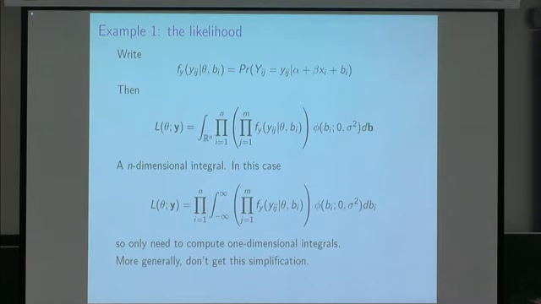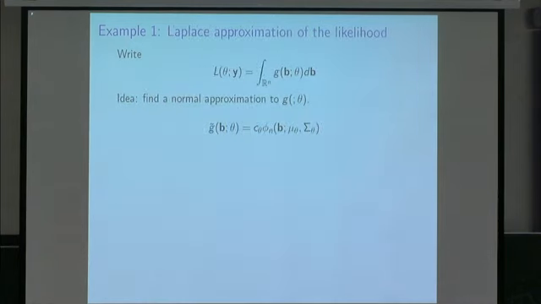So if we're not going to assume anything about the factorization into a product of one-dimensional integrals, what else could we do? Well, an extremely well-used approach in this situation is to take a Laplace approximation to the integral. So if I just write g of b and theta for the integrand, the idea of a Laplace approximation is basically to take an approximation to that integrand g, which is proportional to some multivariate normal density. And the quantities here, the constant and the mean and the variance of the normal approximation, are just chosen essentially to make the approximating g tilde as close as possible to the actual integrand g at their common maximum value.